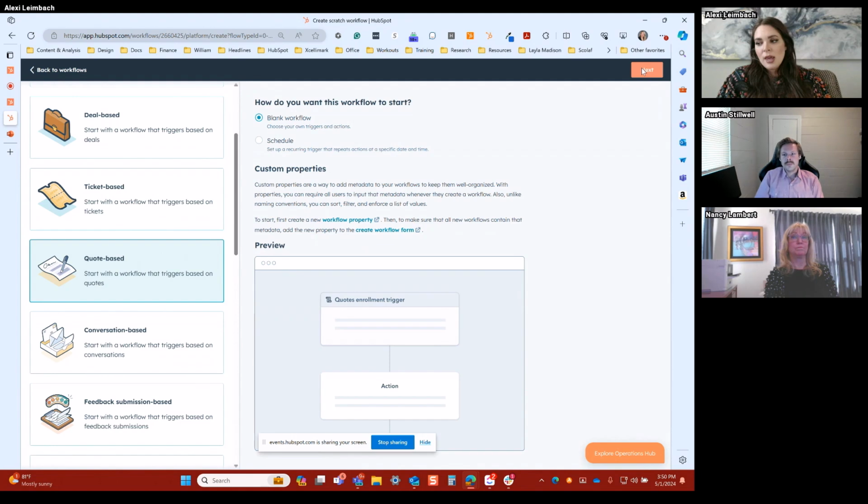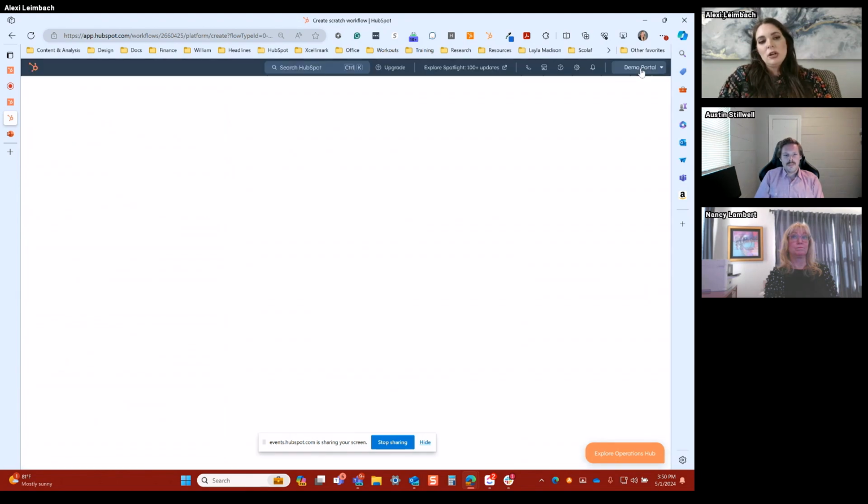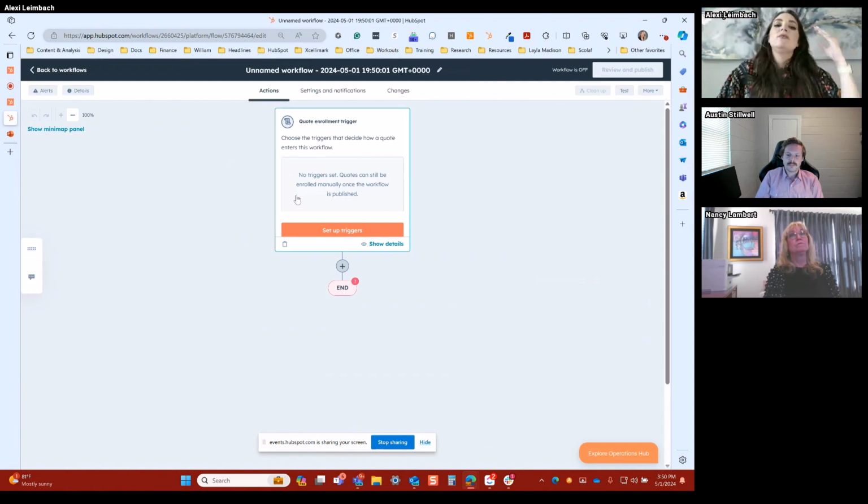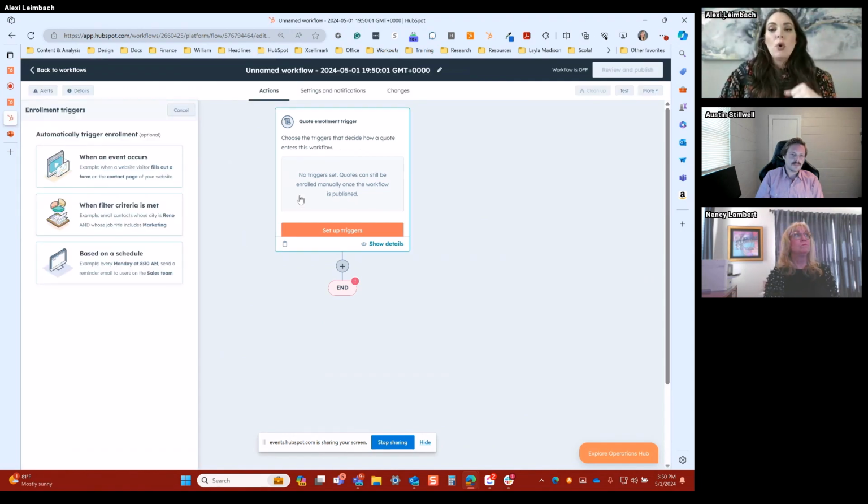And this is going to be an event-based trigger, because we're going to say, okay, let's enroll this quote when the property value of the approval status has changed. Only when it has changed to approved or rejected will they get enrolled into this.